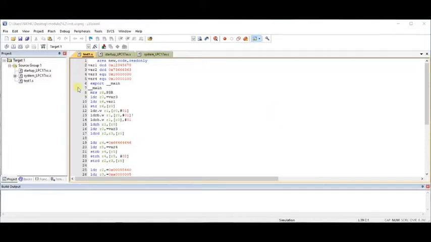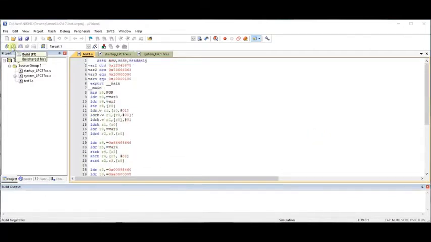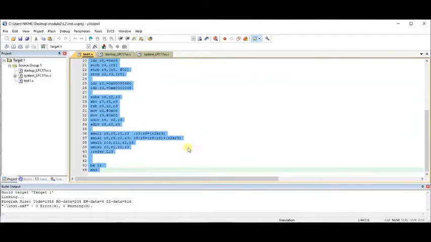Assuming that you have written this program, the first step, as usual, is to translate it. Once you translate it, you should not get any errors, and you should not get any warnings also. So that is completed. Next you have to build the target. Once you click on build, it will again show you if there are any errors or warnings. This you have to follow for every program here.